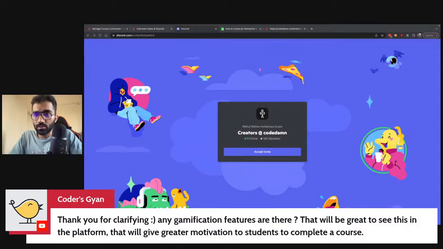Any gamification features are there that will be great to see in this platform that will give a greater motivation to students to complete a course? So we do have a first version of gamification up on the platform that includes XP as an experience point. So everyone who completes a course item gets a certain amount of XP depending on the difficulty level. Labs are awarded higher XP.